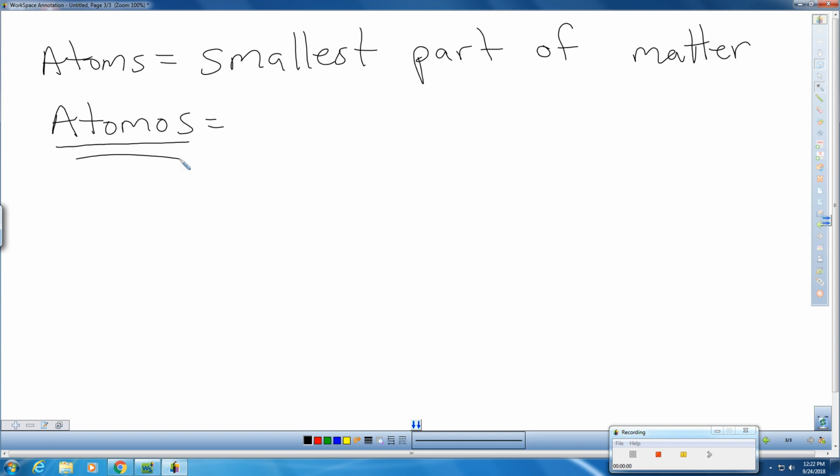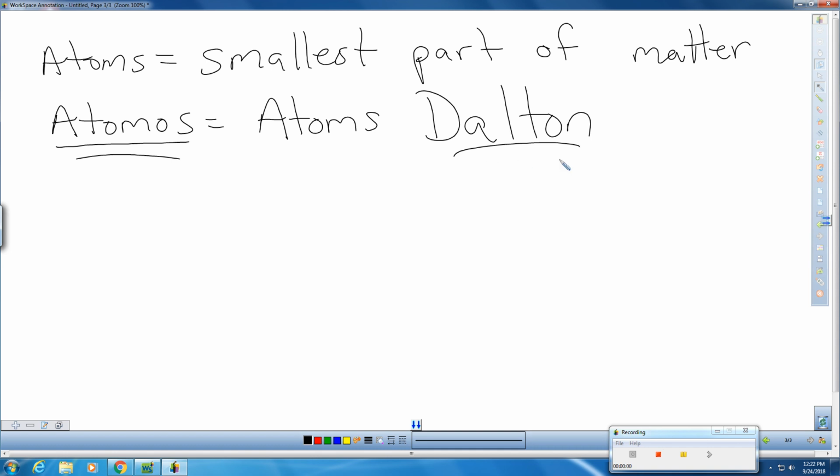Democritus was the first one to propose the idea, but he had no evidence to confirm that, so therefore he was never given credit for that. It wasn't until about 2,000 years later that atomos finally turned into atom, and that's because Mr. John Dalton was able to start providing evidence for us to actually see what that is. And John Dalton is given credit for being the father of atoms.